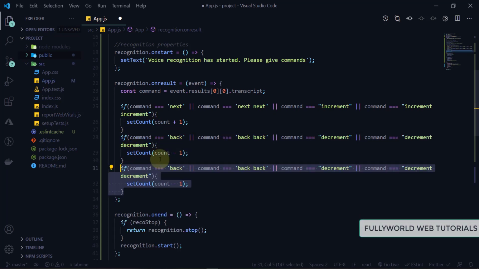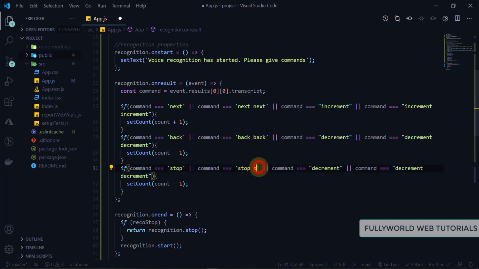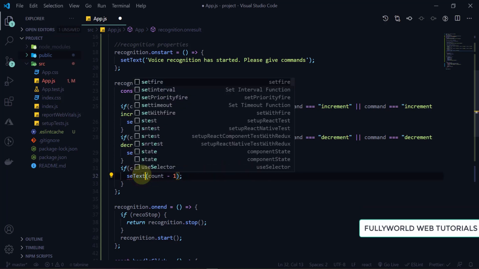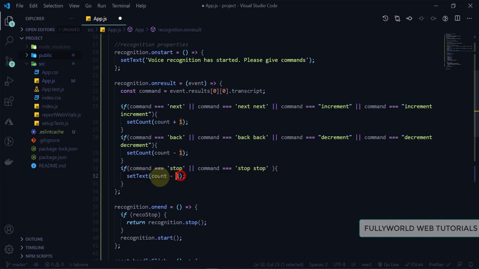Next we want for stop. So if command is equals to stop, I'm going to remove this all. Then what we will do? First of all we will set this text. We will set text to voice is stopped.